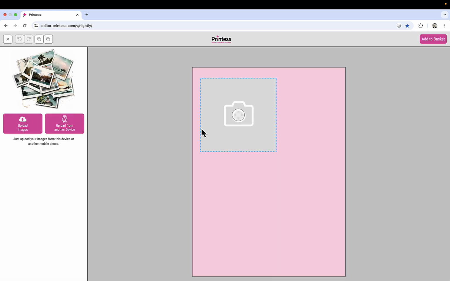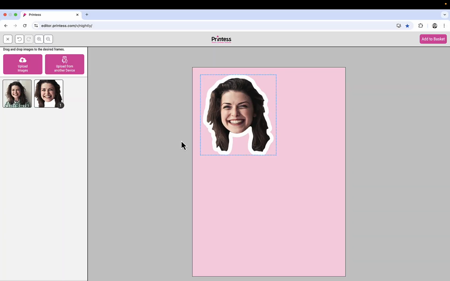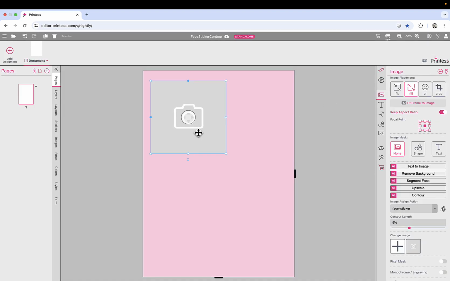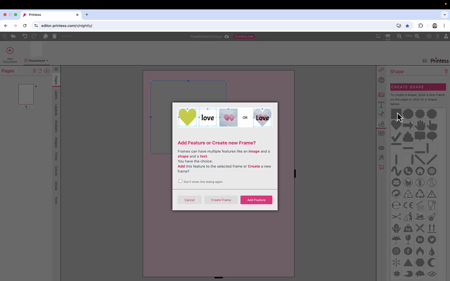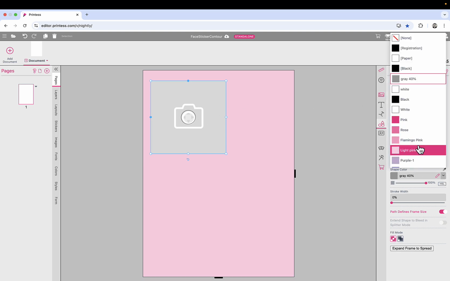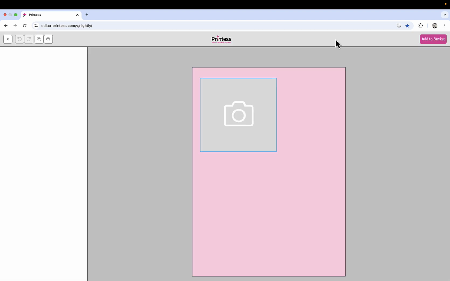To go back again, same procedure, let's load up an image. And now we do have the white contour. But of course we can change this color. Back at the designer side, we can now add the shape as a feature to the selected frame. So this frame contains now the image and the shape. And if we now change the color of the shape to, let's say, apple green, we will get